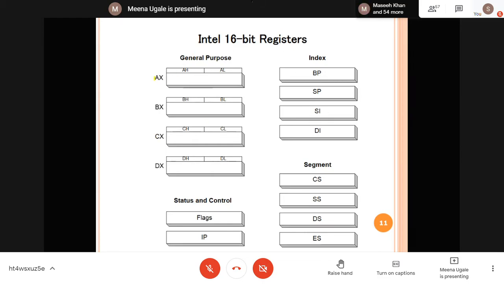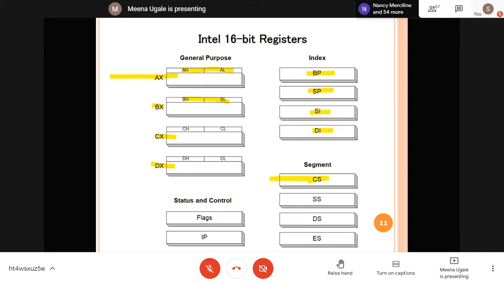General purpose registers, you can see here, are AX. Separately, I can use AL and AH. BX, separately I can use BH and BL. Similarly, CX and DX. Index registers are base pointer, stack pointer, source index, and destination index. So these four are here.